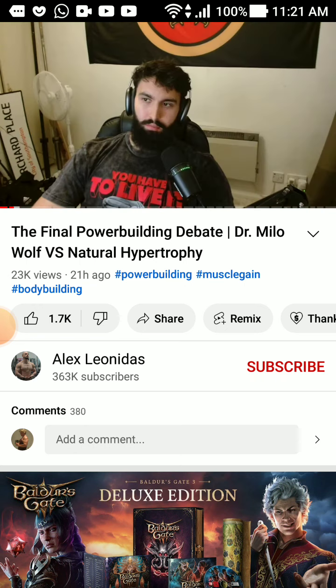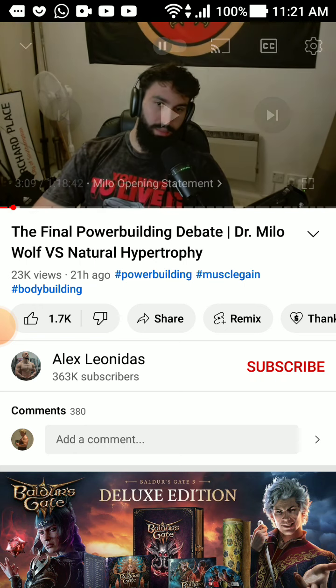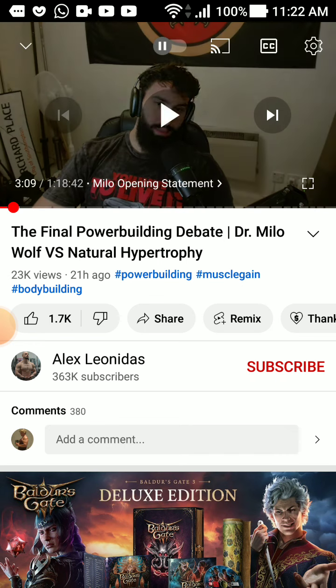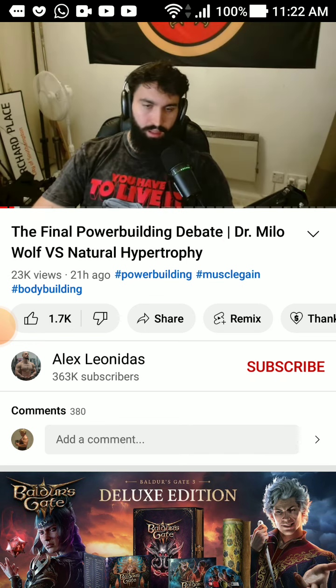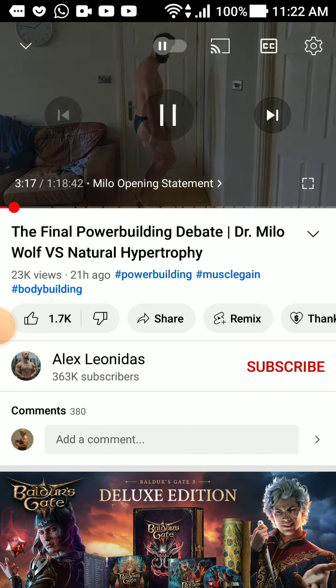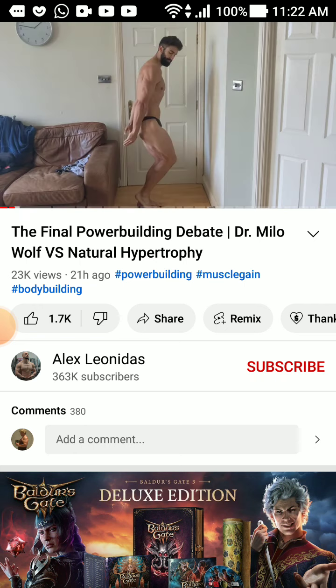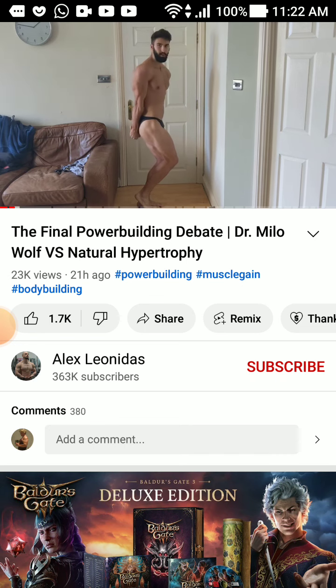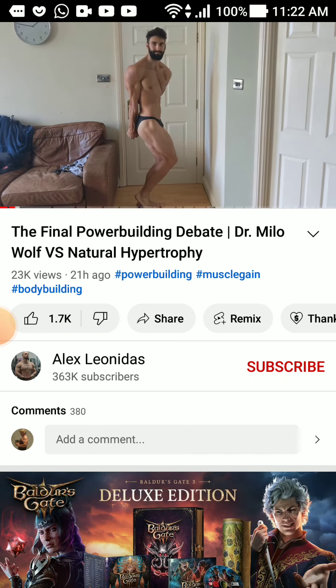I think for some people that might mean competing in powerlifting. For some people it might also mean competing in bodybuilding. For a lot of people it means neither. So at the most fundamental level it is just about training to both get better at powerlifting and to gain muscle. Right? I think that a lot of the confusion